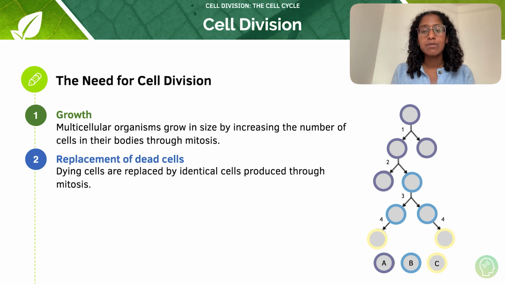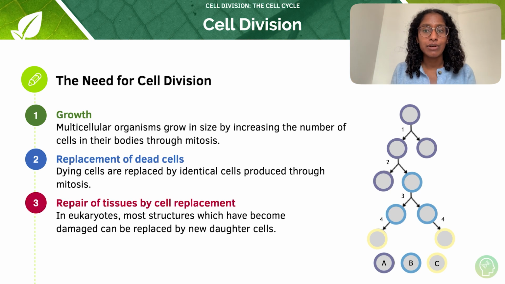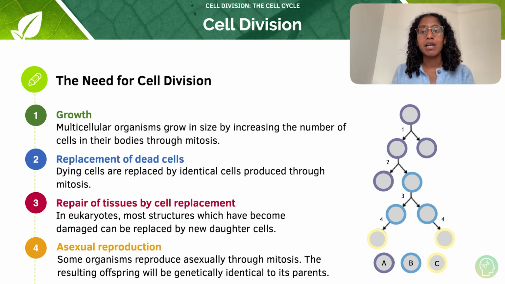Number 2, replacement of dead cells. So any cells that die are replaced by identical cells, again produced through mitosis. Number 3, repair of tissues by cell replacement. So in eukaryotes, most structures which have become damaged can be replaced by new daughter cells. And number 4, that cell division is also really important in asexual reproduction, which remember is not happening in humans,